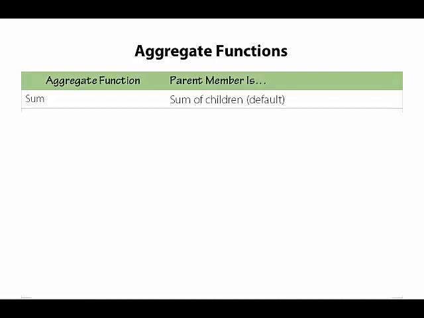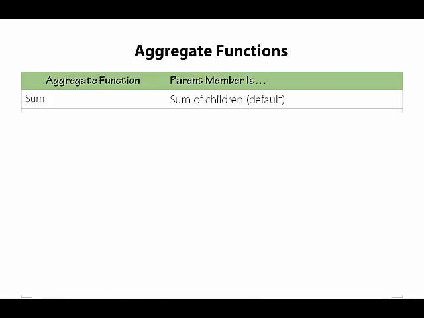There are several different types of aggregate functions that we can use with a measure. The most commonly used aggregate function is the sum function. When we use that function, we'll have dimension members on rows or columns and the measure in our browser. When the dimension member is the all level, or a level in a user hierarchy that has children, then the value of the measure is the sum of the values across the children for that member.